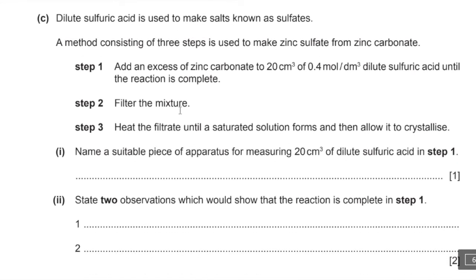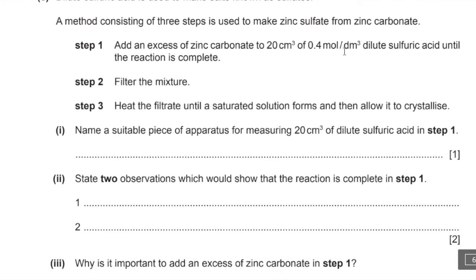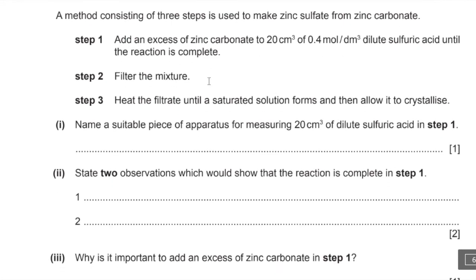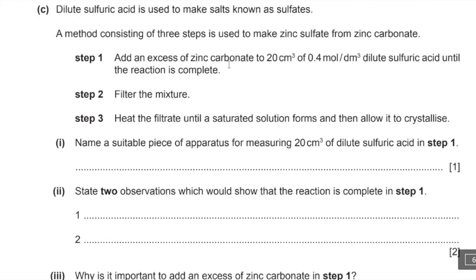C. Dilute sulfuric acid is used to make salts known as sulfates. A method consisting of 3 steps is used to make zinc sulfate from zinc carbonate. An excess of zinc carbonate, so these are all the steps. An excess of zinc carbonate is added so that all of the acid gets used up, and then zinc sulfate forms, and then you'd separate that by filtering the mixture, and then heat the filtrate